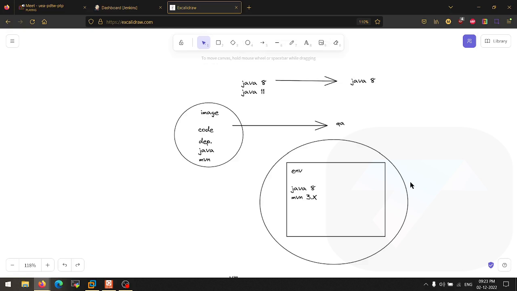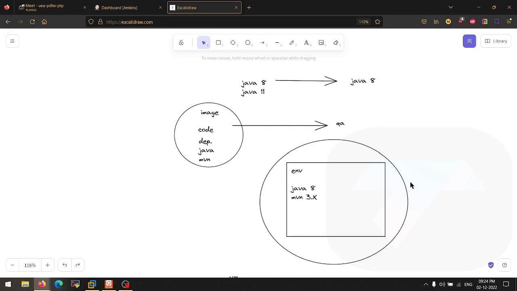Now what will QA do? QA will launch the container or use the same image to test the code. Now what will happen? There will be no errors because we took the whole environment which was set up on the developer end. So there will be no errors on the QA side because there is no dependency issue. We directly took the whole image and tested it. So there are very few chances of issues, right? Because we are using the same environment.